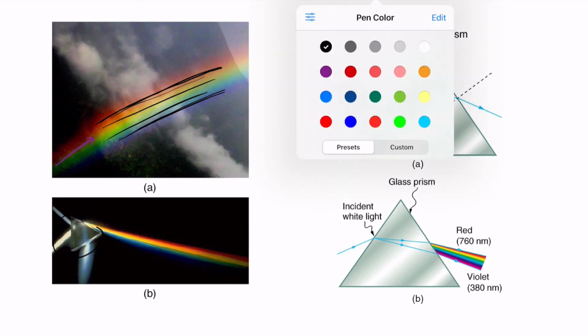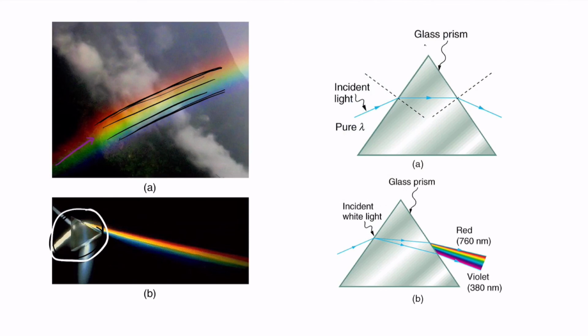When you take a look at a general prism, it also undergoes the same phenomenon. The white light that is coming in, when it hits it, splits into individual colors. Notice the colors that you generally see here. You start from red on the top and you end up with violet at the bottom. The violet one bends the most because it has the smallest wavelength. The one with the larger wavelength refracts less. The one with the smallest wavelength refracts more. So this is the idea behind the property of dispersion.